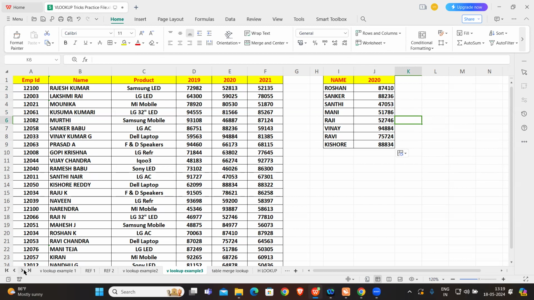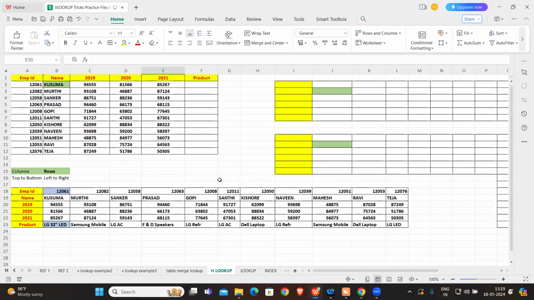Okay. So now we have understood the concept of VLOOKUP. Now let us understand the concept of HLOOKUP, guys. HLOOKUP stands for horizontal lookup. What do you mean by horizontal lookup? We applied vertical lookup, which is nothing but VLOOKUP, when the columns are from left to right and the values are from top to bottom. You apply the horizontal lookup when the columns are from top to bottom and the values are from left